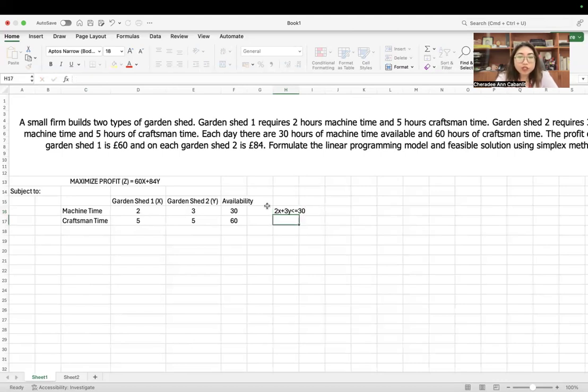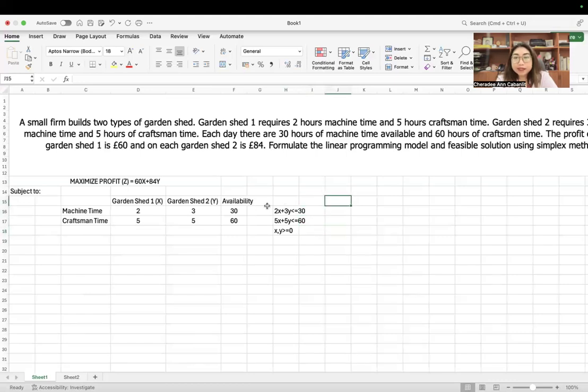That's for your first constraint. And then for your craftsman time constraint, we have 5x plus 5y less than or equal to 60. And then of course your non-negativity constraint should be greater than or equal to 0.